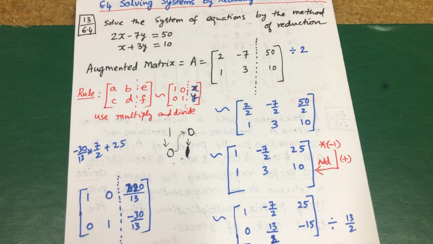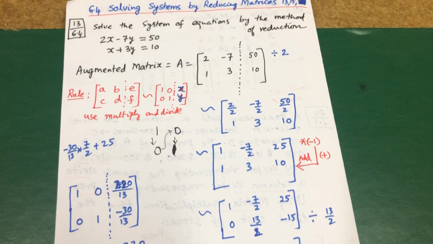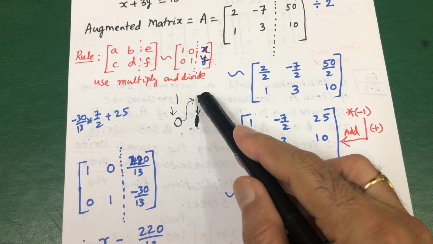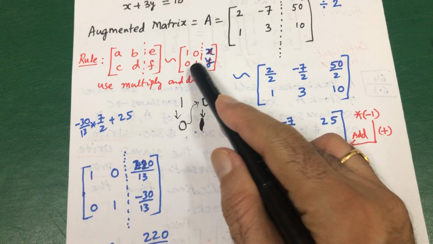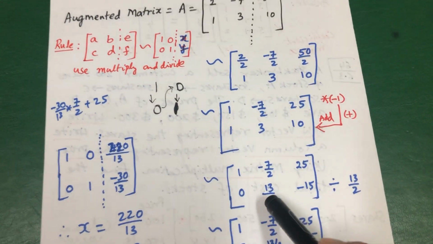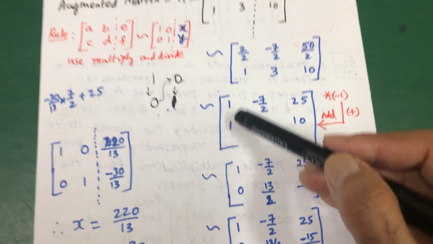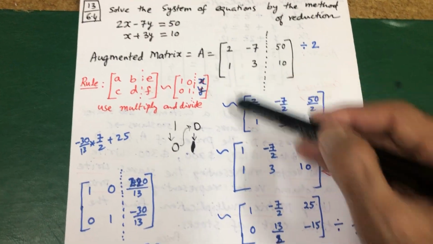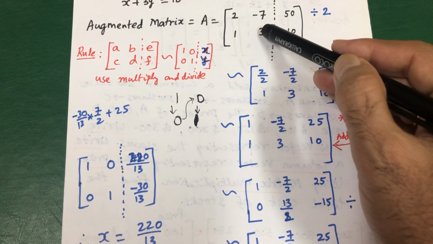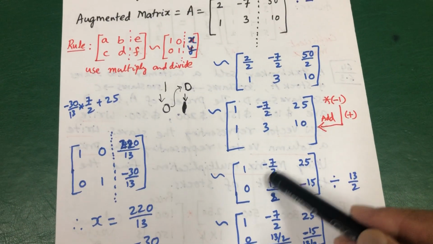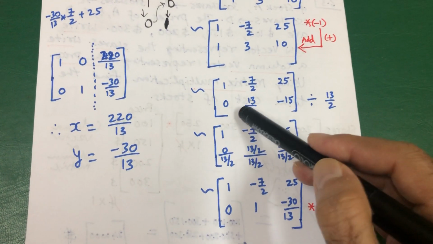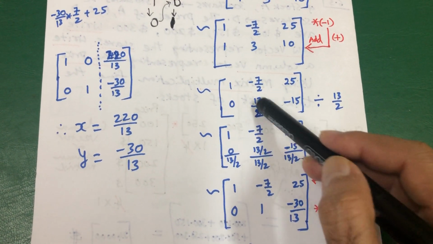So first you have to make 1, and then with the help of 1 only you have to make 0. So now I will make this 1 0. 1 0 finished. Now I do 1. So how to get 1 here? First I made this 2 as 1, then I made this 1 as 0, then I will make this number 1. See this? This will become 1. So how to make this number 1?